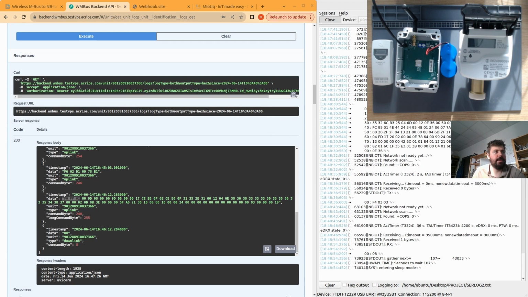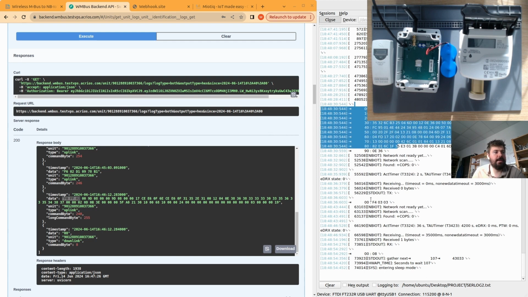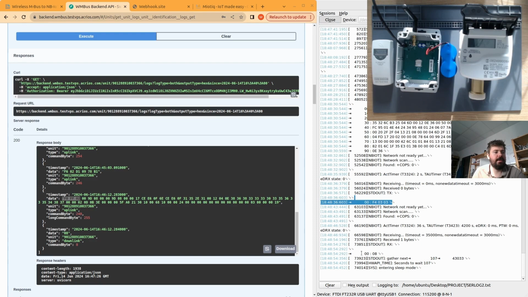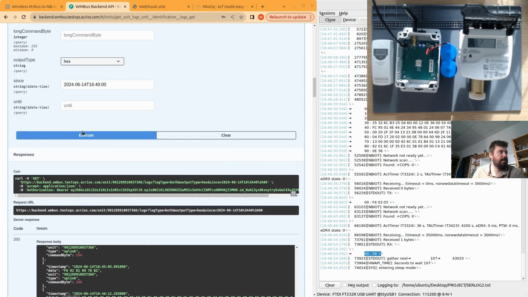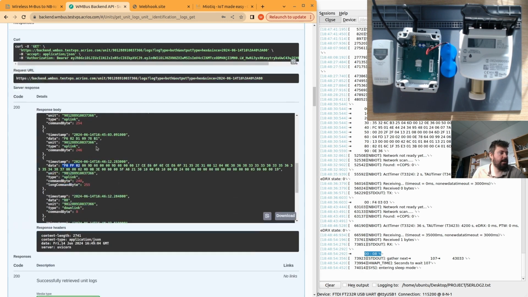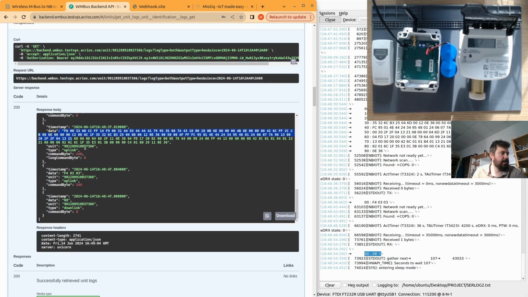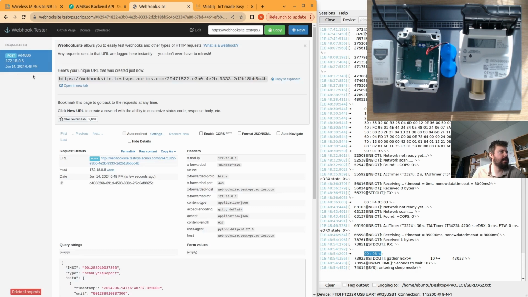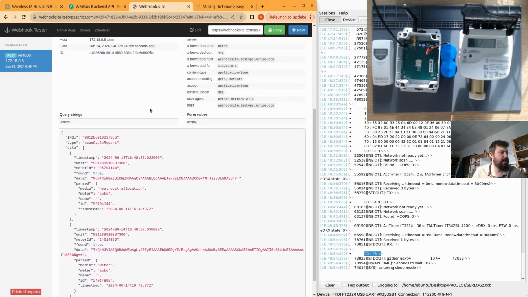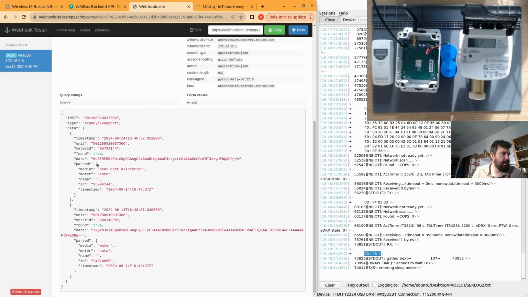Okay, so what happened here, we send the data, then we send the report, and then the server acknowledged that. So I will check the history, and we can see here that it was actually received. And then if we go into webhook site, we can see that already the data were posted there, and we can see here that this is the raw data in base 64, a unit which did the readout, meter ID, and okay, I didn't select the right